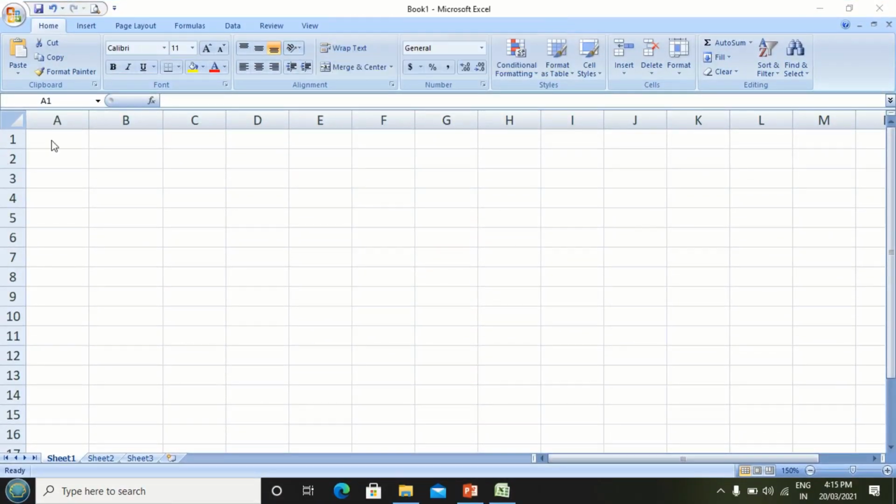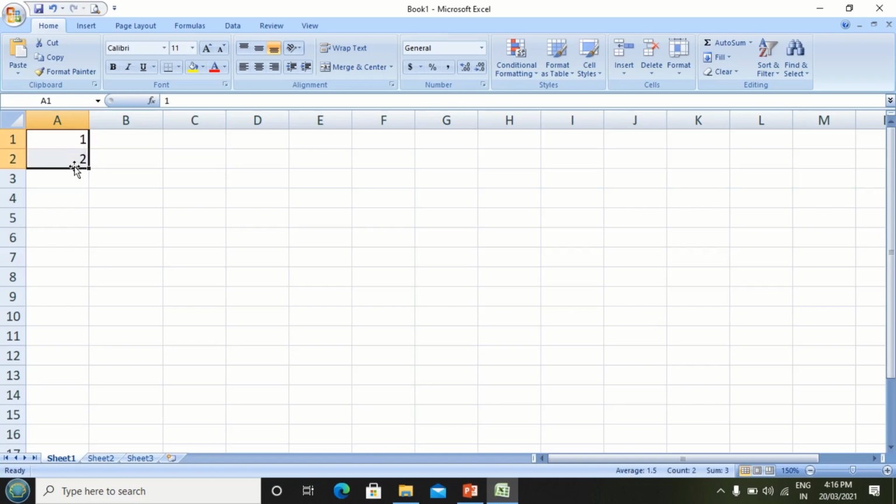Let's see generate series. Here in this example we are generating numbers in series. Initially I have selected this A1 cell. In this A1 cell I type number 1 and below to that I type number 2 because here I want to generate series of numbers. So in these two cells I have typed number 1 and 2. So I will select both these cells.